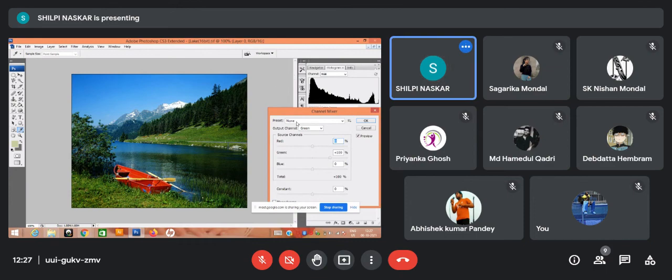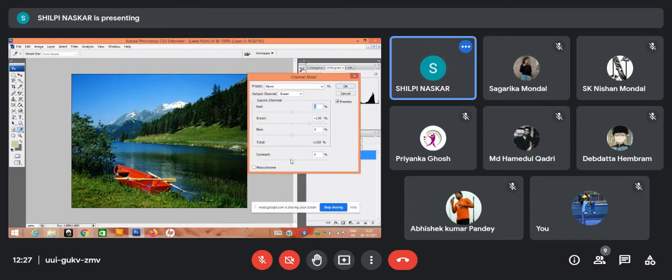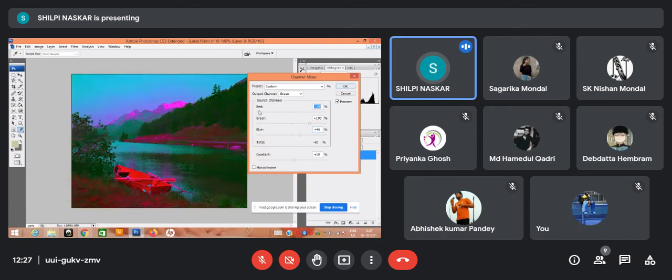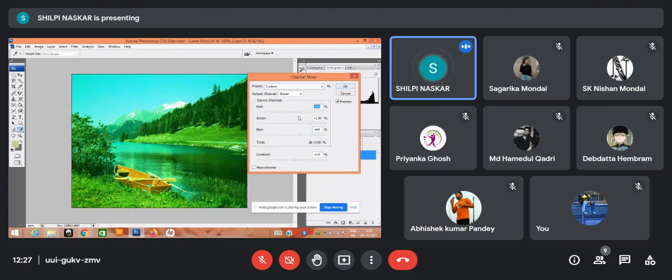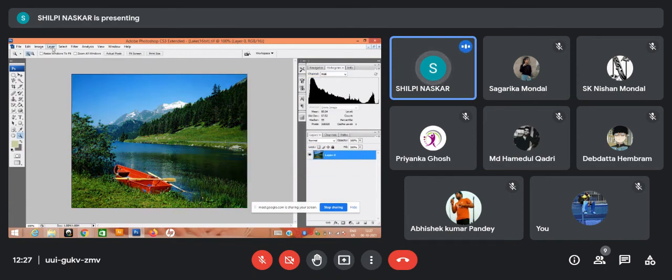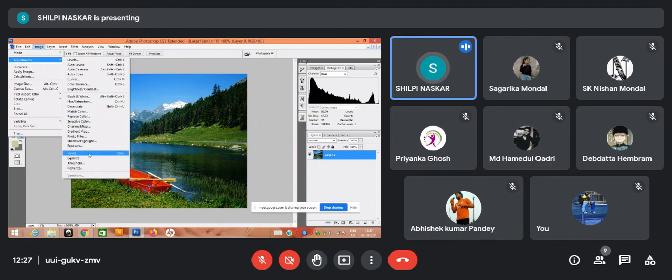Sorry, I am using the total overall green. Overall green you are changing. You are mixing certain blue with it, certain red with it, you are reducing the red from here, you can mix certain red over here. So you are mixing different color channels. So the adjustment tools that are given are basically changing the attributes of the color. Basically you're adjusting the color, that's why these are adjustment tools.